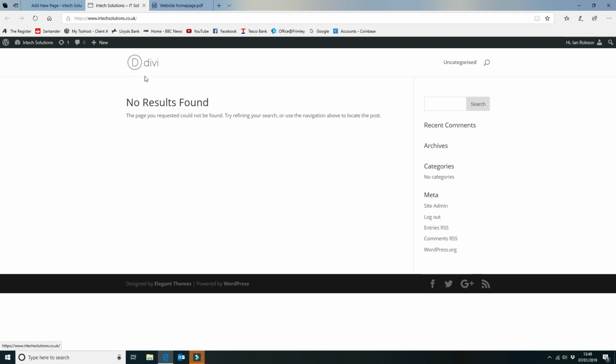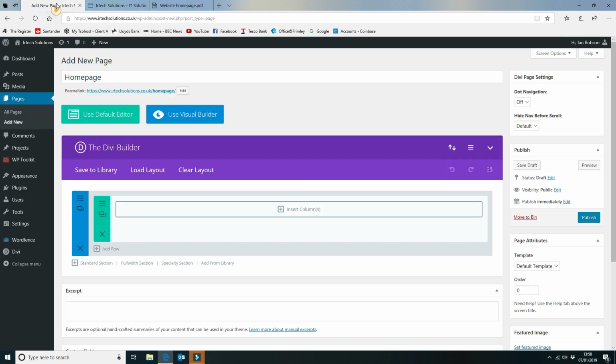As you can see here, we've got the logo already created, so I don't need to do anything with that, but you can add your own logo, and I'll show you how to do that shortly. And then you've already got the menu bar there, so we're going to go straight into adding the slider. But first of all, let me show you where you can set your logo. So I'm just going to save that as a draft,